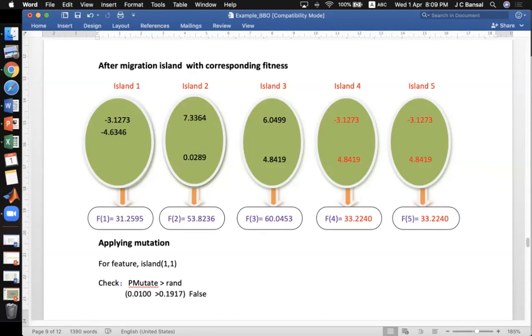And you can see here, earlier this quantity was very large, and this time it is very small. It means these islands have inspired these islands to become better. So these islands have become even better than this third island, which was earlier better than these two islands. You can see the effect of migration here. Is it okay? Yes, sir.